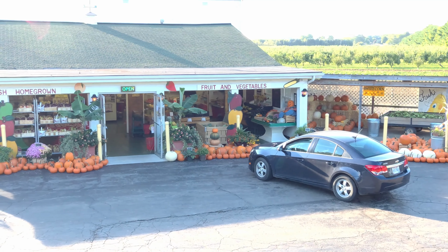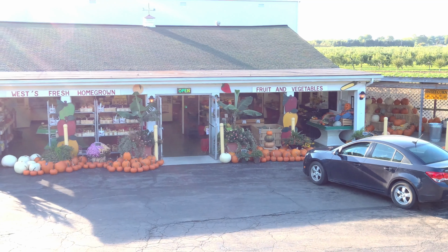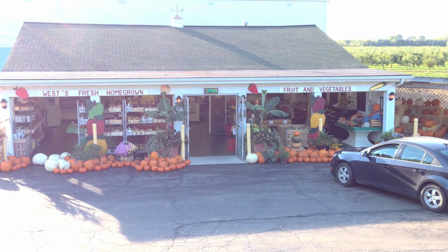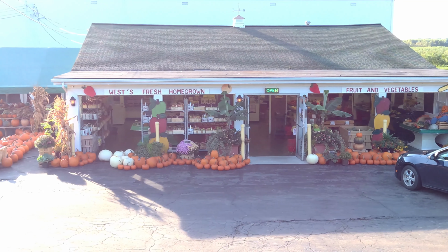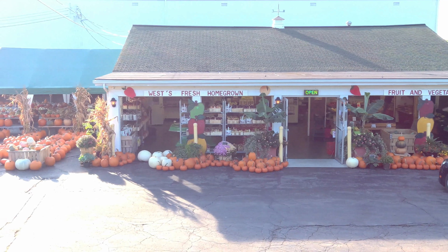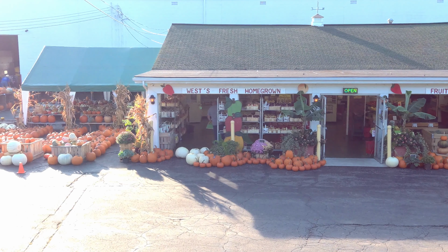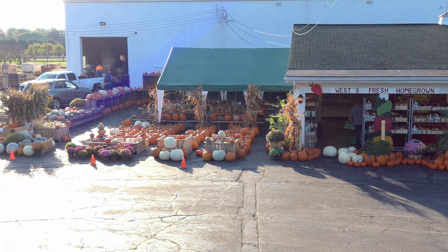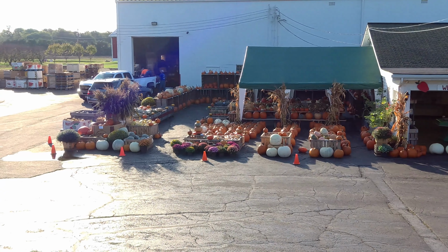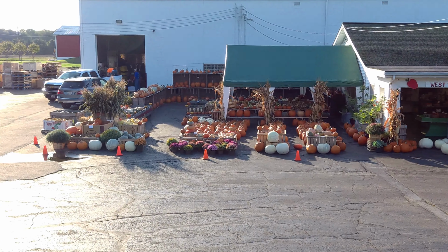Inside the store is all manner and variety of apples and squash and melons, and there's fruit, there's homemade honey and jams, and just about anything you can think of that you might find in a family-run farm store. They can't fit everything on the inside, so they do have a display here on the outside where